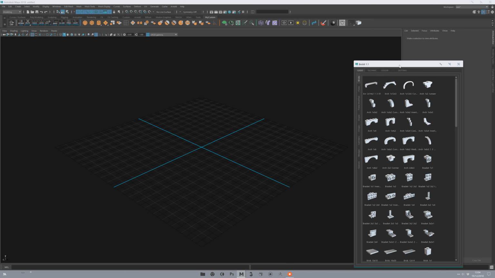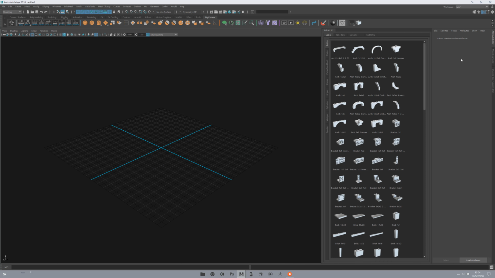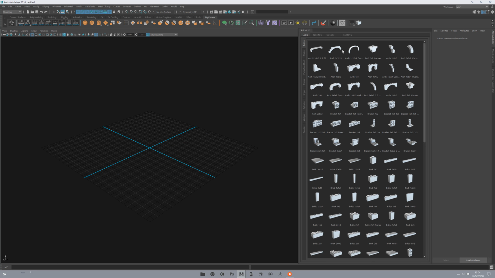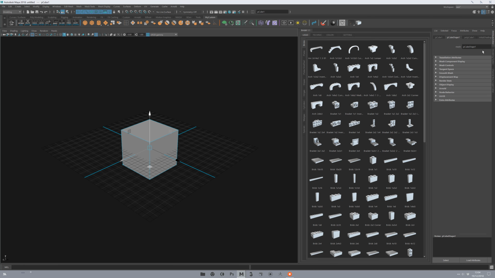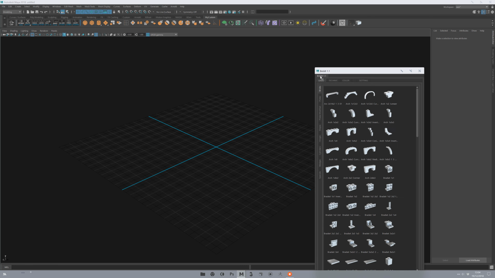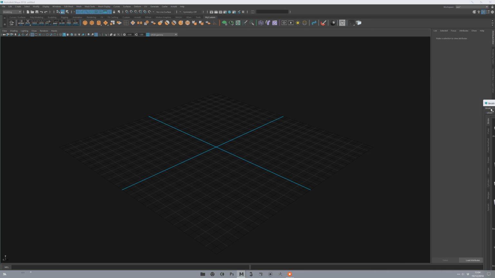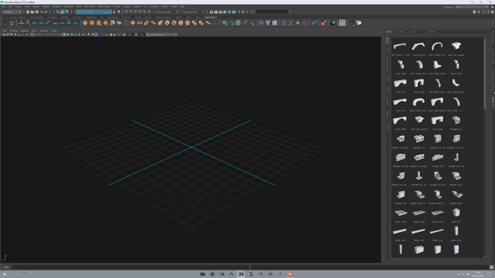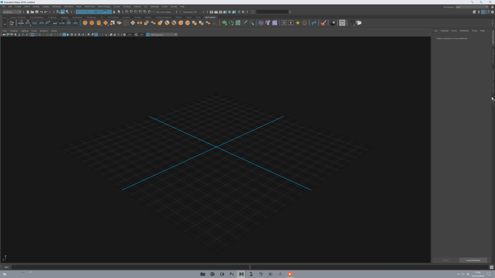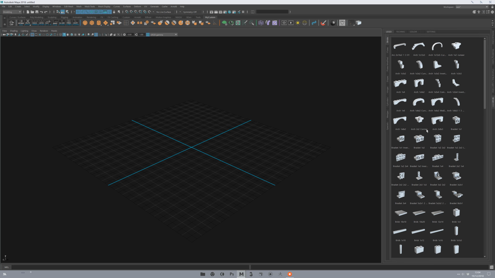So you can dock it here, and this way you have Brickit, but you still have, for example, the attribute editor. But what I like the most is to put it here directly. Now it's a switch between attribute editor and Brickit, but while you build your model, you don't really need the attribute editor, so I keep the space just like that.